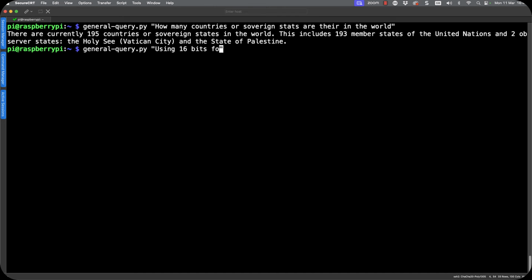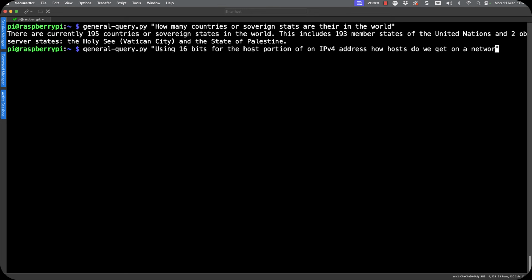So if we're using 16 bits for the host portion of our IP version 4 address, how many hosts can we have on our network? And I know you're all screaming at me, it's going to be 2 to the power 16 minus 2. But let's just go through and check this.